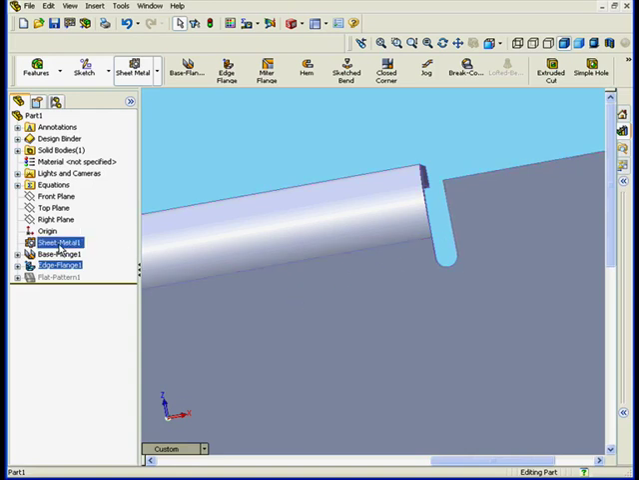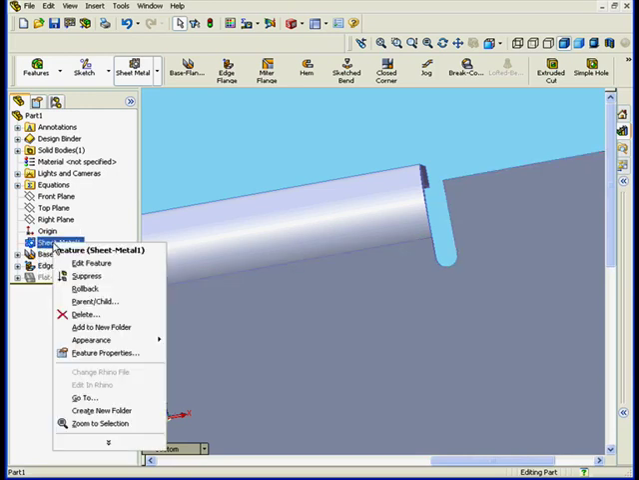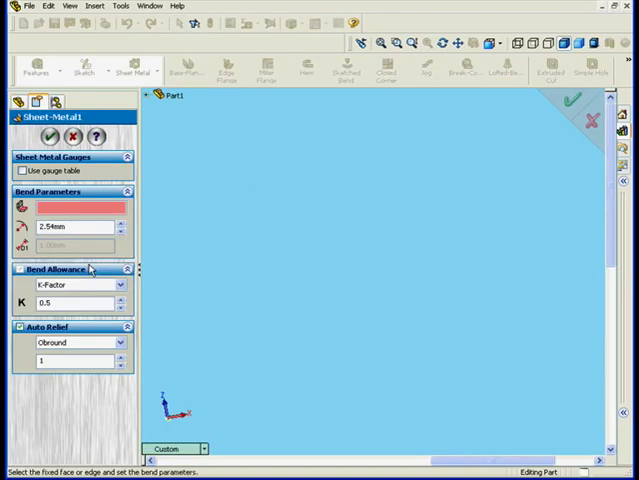Well, let's go back to the sheet metal feature. Even though I've just created this edge flange feature, I do make the edits from the sheet metal feature. Right-click there and Edit Feature. At the bottom of the Manager window, we have the Auto Relief control box. Currently, the ob-round relief type is selected,